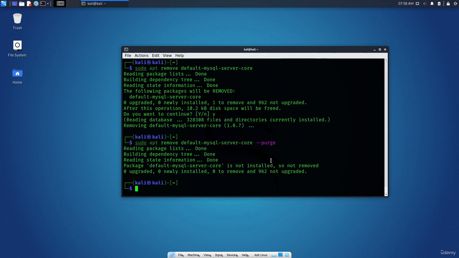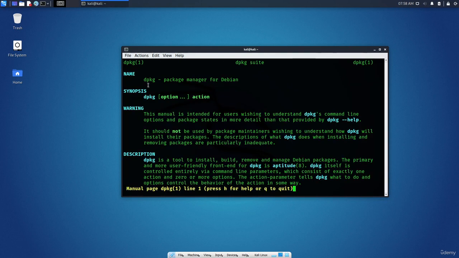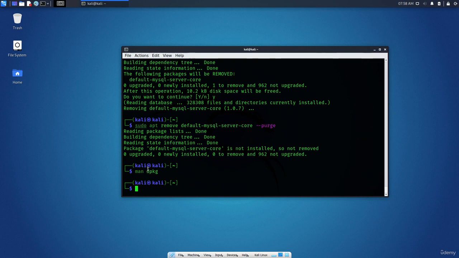Now finally, we have another thing, which is dpkg. This is a command not using apt. If I type it here, this is the package manager for Debian. As you can see, d means Debian, pkg means package. All right, so sudo dpkg, we will use -i, which means install, and put the name of the package, for example